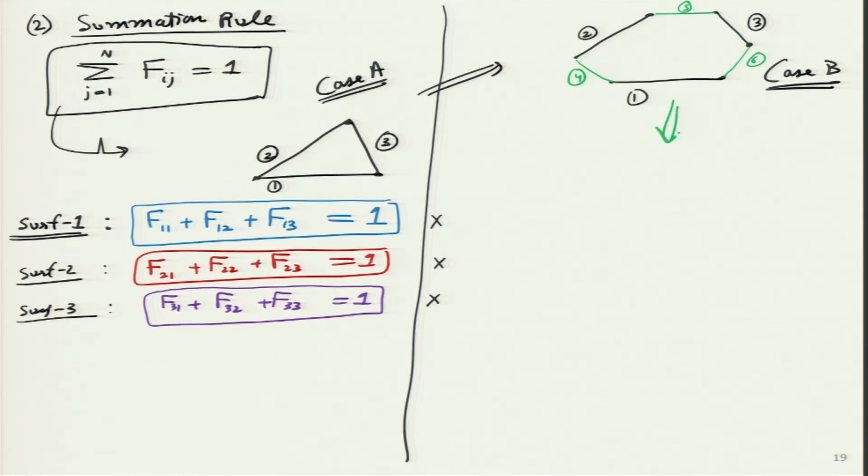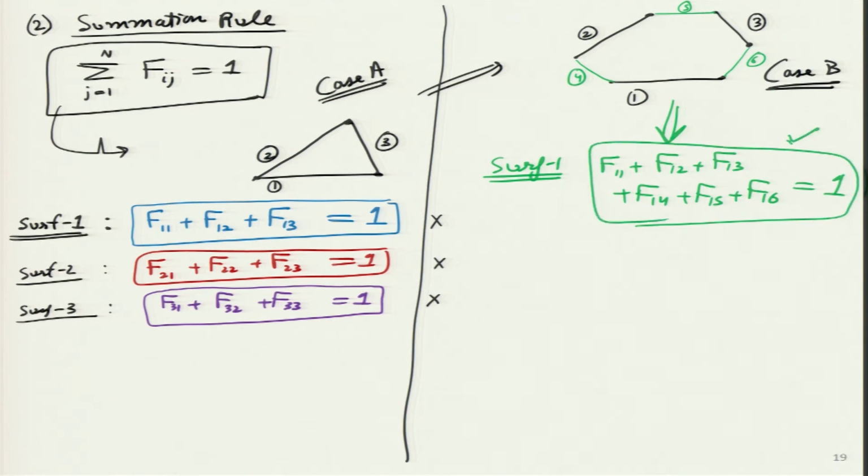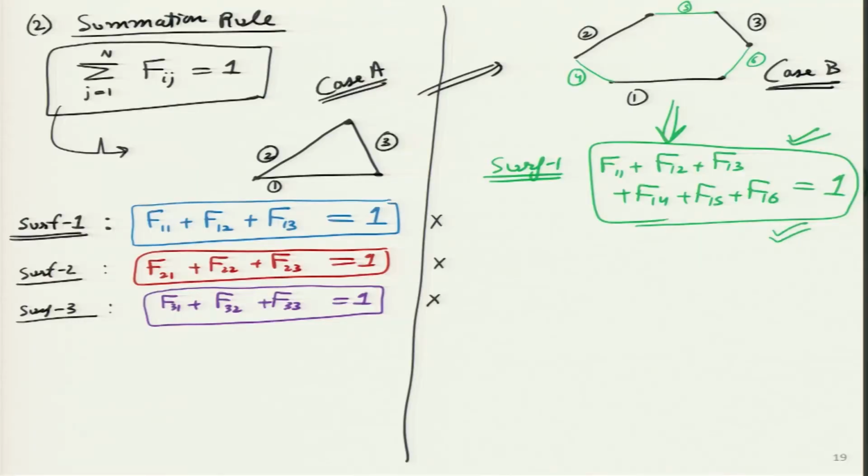Now, I can apply a summation rule when I have made a full enclosure. How will it look for surface 1? It will appear F11, F12, F13, F14, F15, F16. Now, the whole sum will be equal to 1, and now this is correct, which means in radiation heat transfer, even if there is no surface, in order to make an enclosure, we can assume there is a hypothetical surface which has no temperature, 0 temperature. Then it will become okay, but if we have just 3 solid surfaces, but they are very far apart from one another, then I cannot apply summation rule.